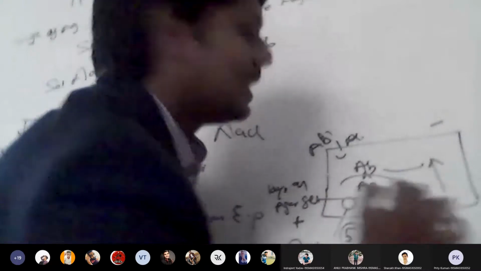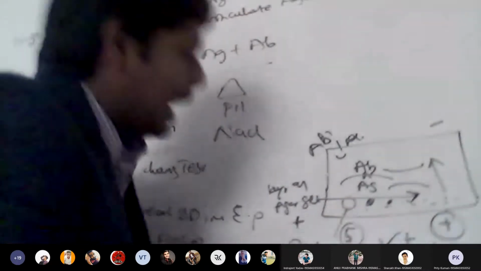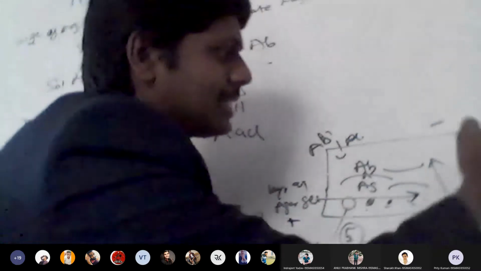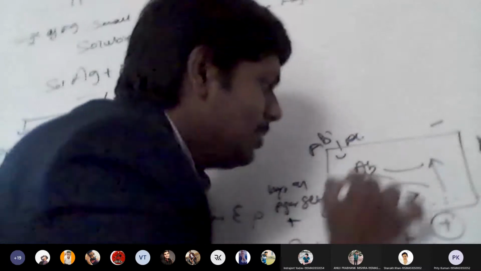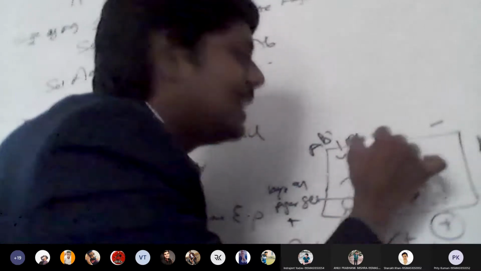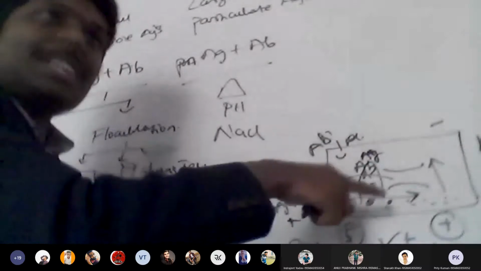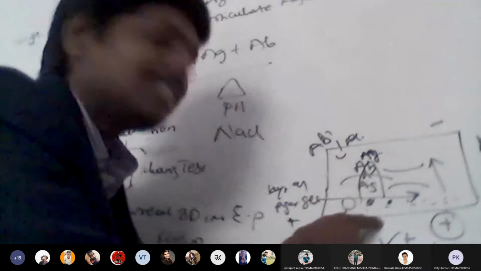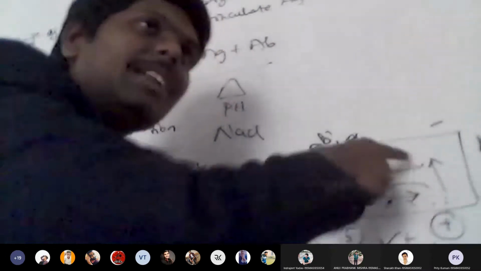Okay, now the antigens are separated, and the direction of separation is like this. In this direction separation happens. Now I will change the electricity from this direction to this direction, from plus to minus. Now the antigens will start to migrate into the gel when I add the antibodies in the gel. So it is 2-dimensional separation in the presence of electricity. That is the only difference. That is why this is called two-dimensional immunoelectrophoresis. 1 dimension, 2 dimension.